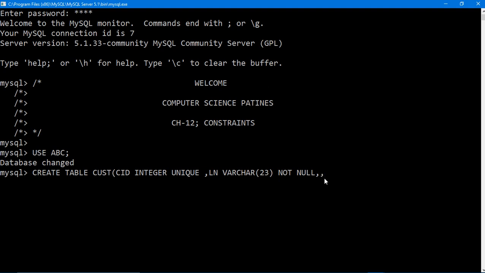Then first name, FN, again the data type varchar, and I am defining the size. Then I am taking another field, city, varchar, and again I'll be giving the size.